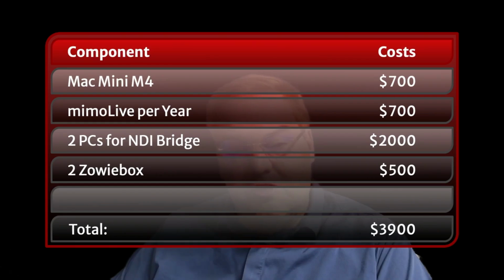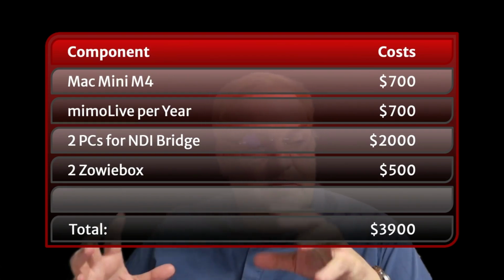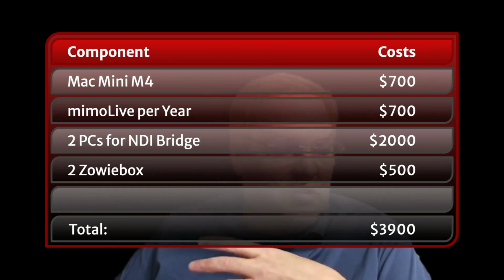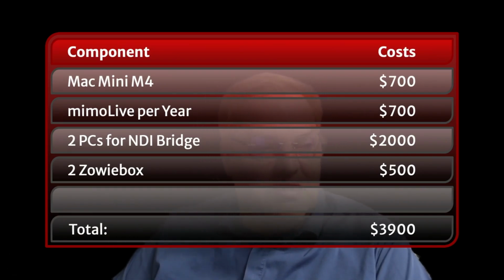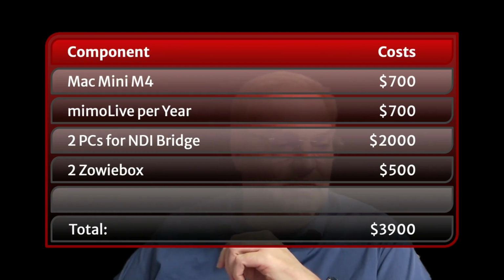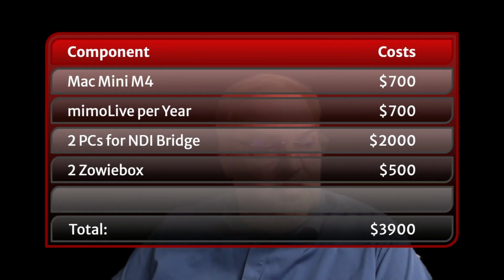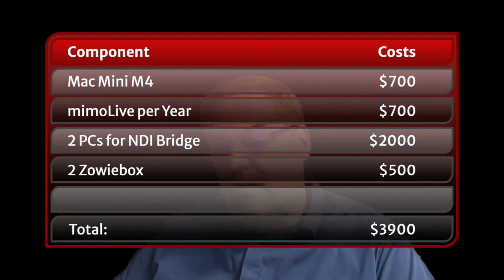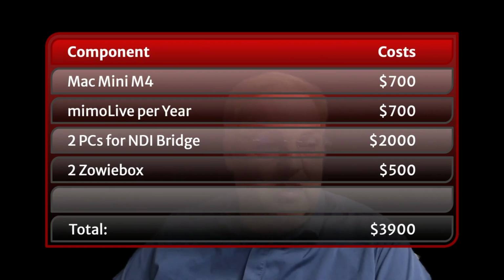Or one other option would be to use Hive to get the NDI video from the council chamber directly from the camera, so that would make it easier also to operate this. And we have two devices in the council chamber, one for capturing a PowerPoint presentation, should someone bring their own computer and bring the PowerPoint presentation into that, and another one to send the video to the screen. So that brings the total to about 4K, and if you still have to get cameras and infrastructure, an NDI capable switch and network infrastructure is about